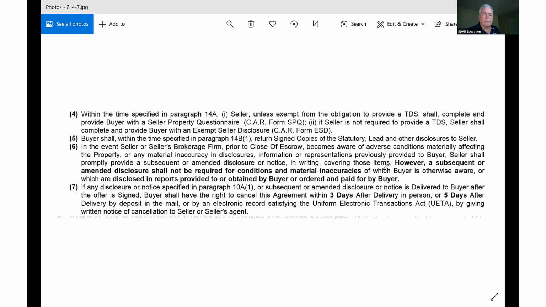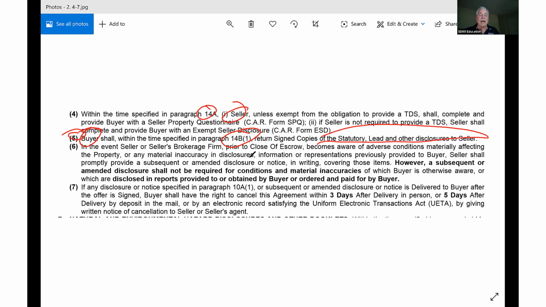Okay, let's take a look at number 5. Buyer shall, within the time specified in 14B1. So remember, that's the buyer section. 14A was the seller section. 14B1 is the buyer. Return, within the time period specified, 17 days, signed copies of the statutory lead and other disclosures